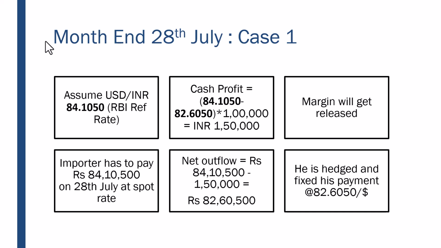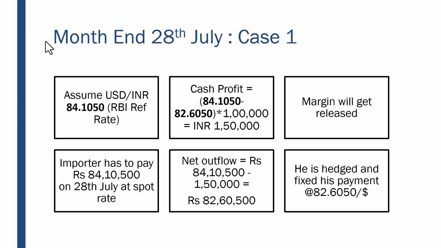which is the price at which I have taken my buy position. Okay. So here, whatever my actual position is, I have to take an opposite position. I am short in dollars. I am an importer. I don't have dollars. I'll take a long position in the stock market. Or I am bullish in dollars. I'm going to buy dollars because my bullishness says the dollar is going to go up. Though I may lose money in my real transaction, I'm going to gain in the stock market, and that will offset and hedge me. So whatever happens, my outflow will be only at 82.60.